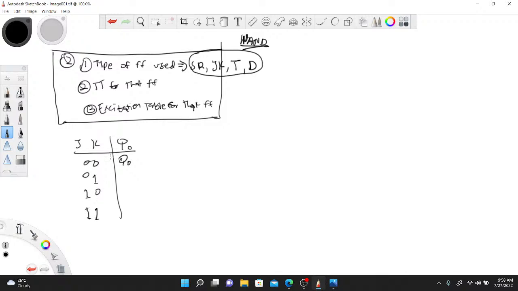So now, for 0 0, it is Q0. For 0 1, it is 0, right? It follows the G, and for 0 1, it is 0. For 1 0, it is 1, and for this one, it is toggle. You understand? It toggles. For the SR, in some design questions I've seen, you will need to decide